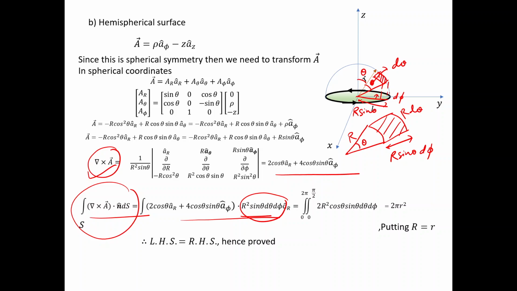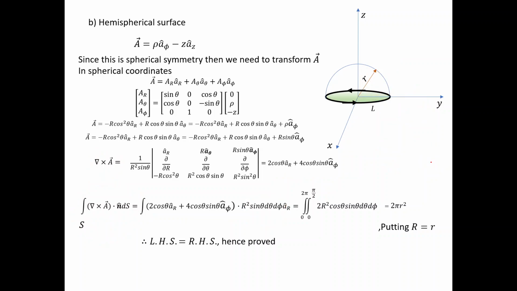That is why this length will be r sin theta into d phi, and hence area will be r d theta multiplied by r sin theta d phi, then r square sin theta d theta d phi,